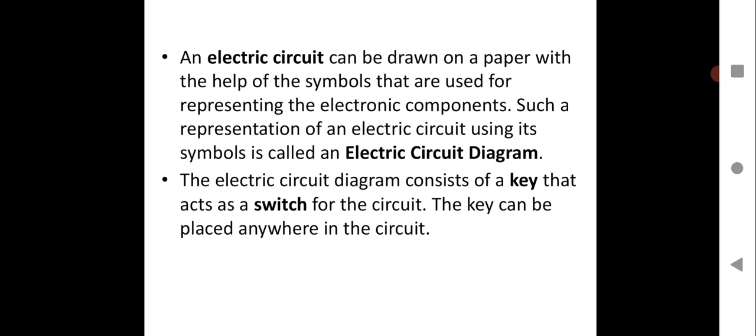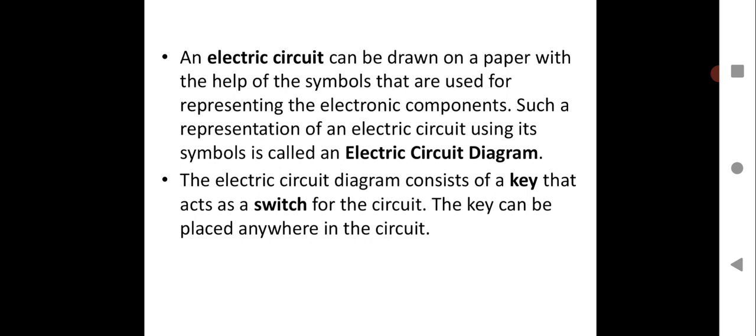That diagram can be used as a representation of an electric circuit to make a proper electric circuit in the lab. And that will make the bulb glow. That will show the circuit is completed, and all that you can do in the lab.